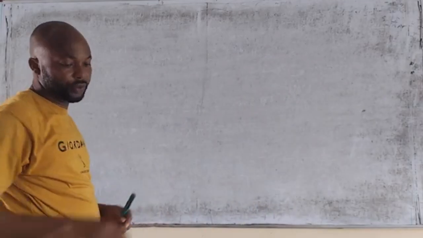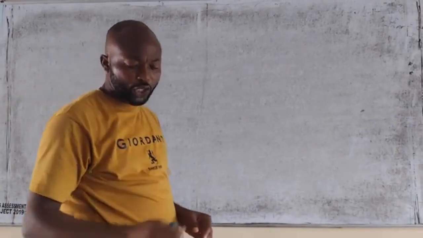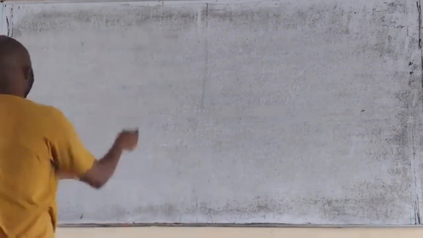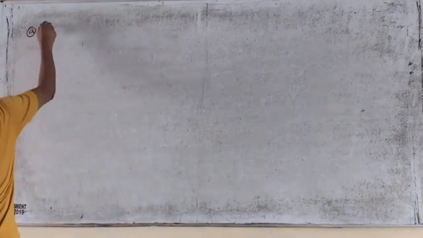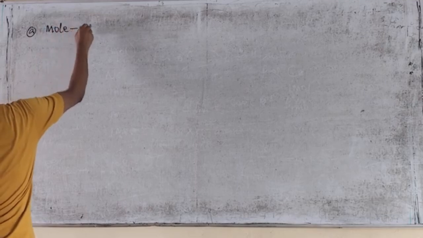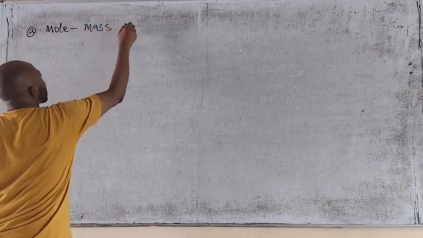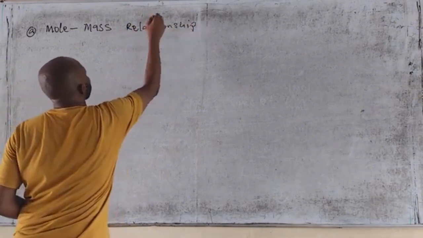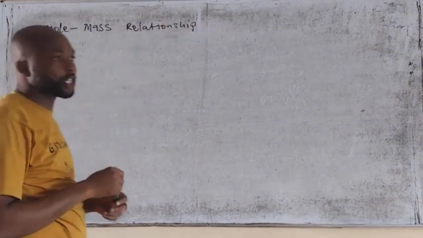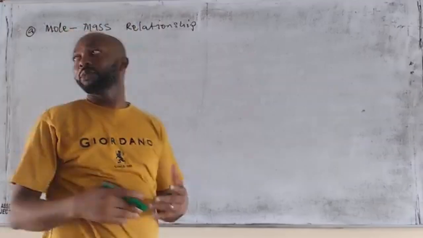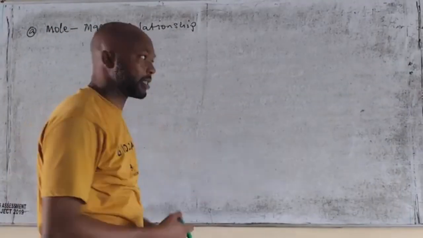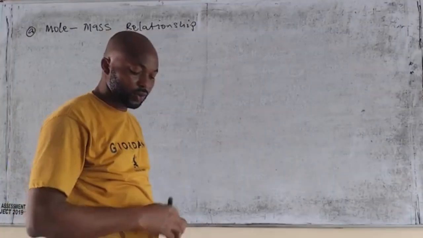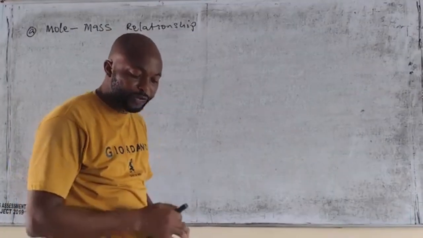Let's take our first question. Calculate the number of moles. So the first one is the mole-mass relationship. Let's take our A, we call it the mole-mass relationship. So in mole-mass relationship, our first variable here is the mole, then we look at our mass and so on. Let's take a question. Calculate the number of moles in 1.58 grams